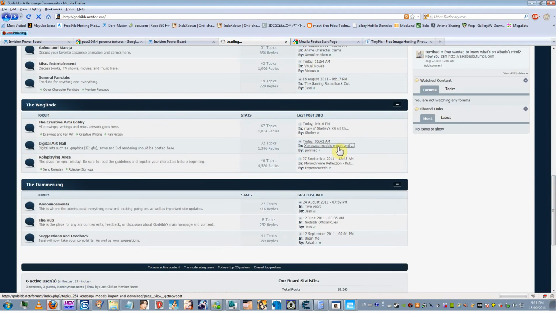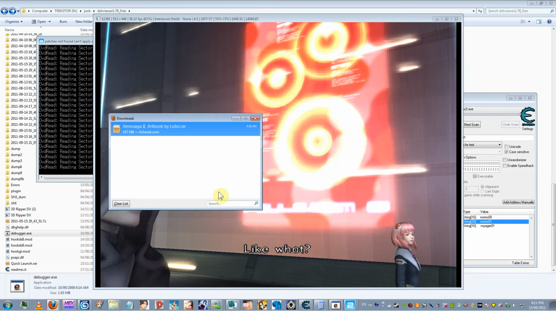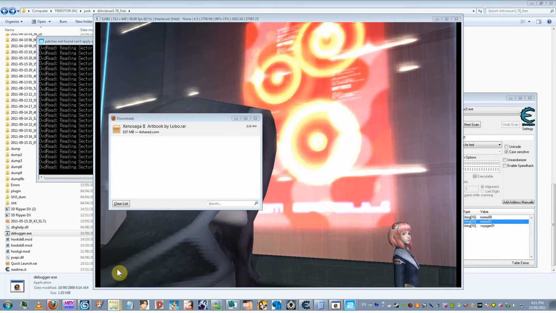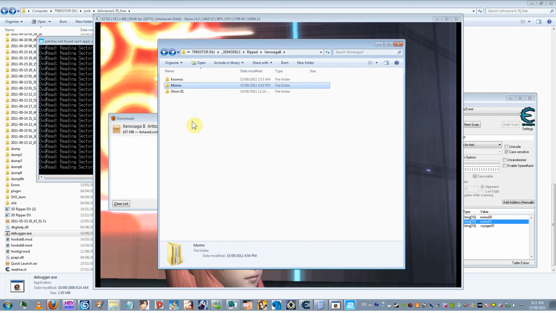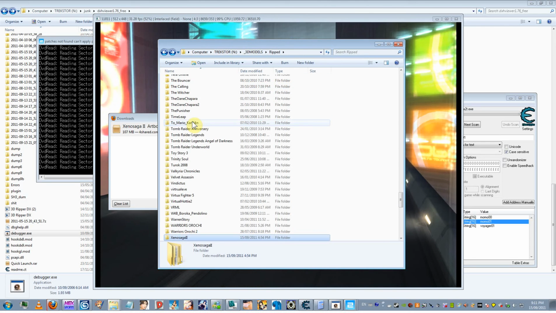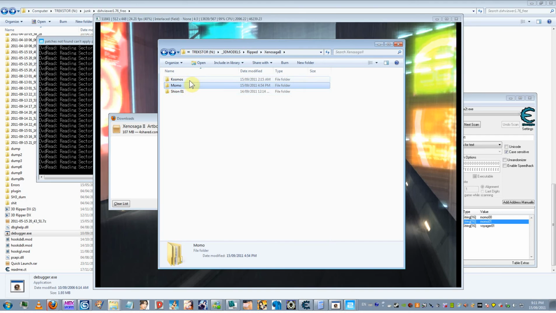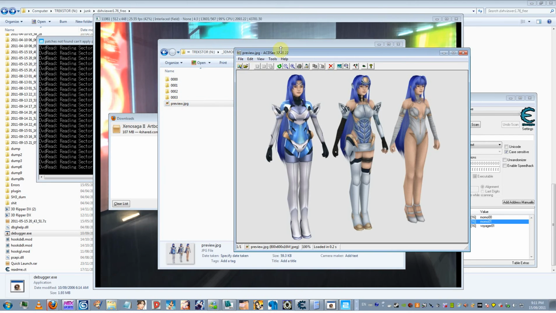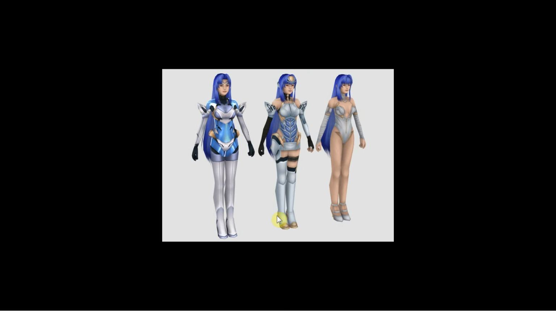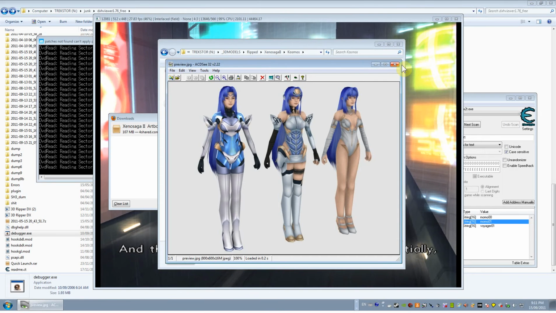Just want to load. This website sucks after night. Alright. Yeah, here's Cosmos. So I ripped all her models. That was pretty cool. Okay. Anyway,